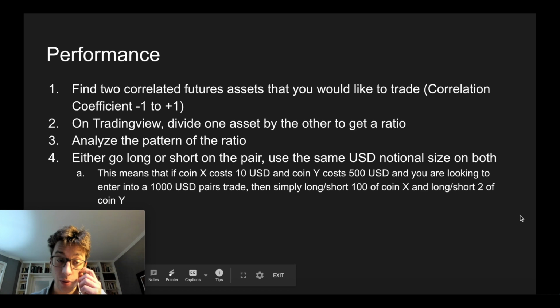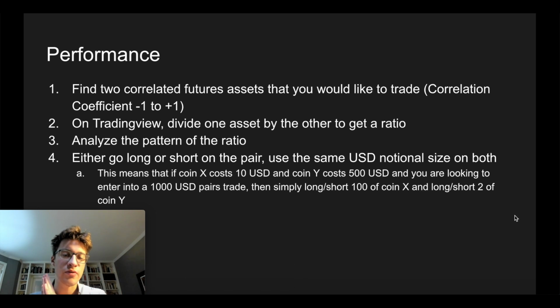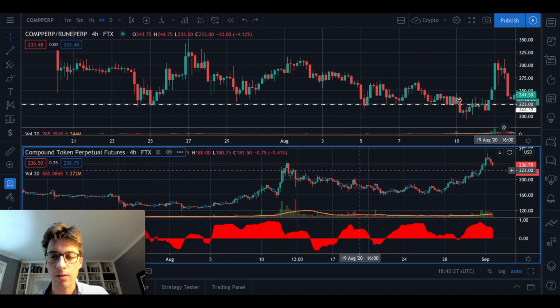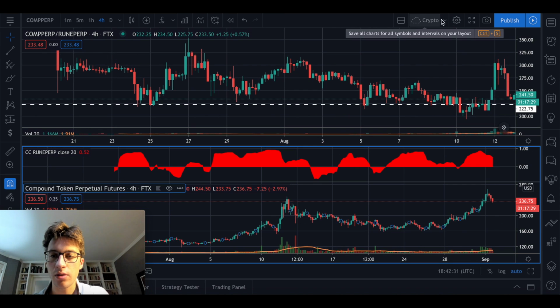The second thing that we want to do is go to TradingView and divide one asset by the other to get a ratio. Here's really the crux of the strategy. The first thing you do, guys, is find two coins that are highly correlated, or two coins that you suspect are highly correlated, and then test that correlation out. You're then going to divide one asset by the other so we can actually analyze a ratio of it over time. To show you guys what that looks like,